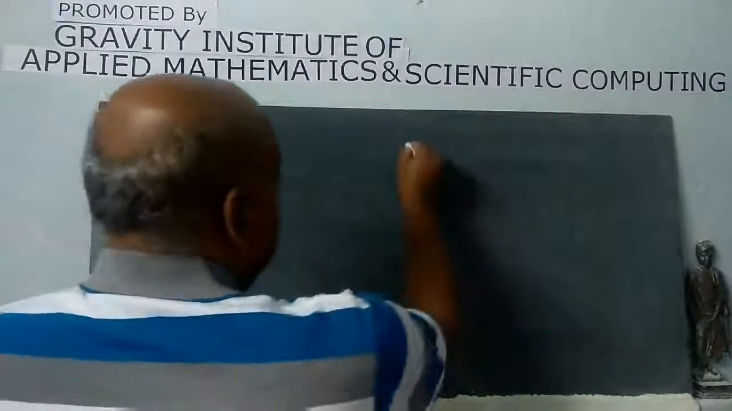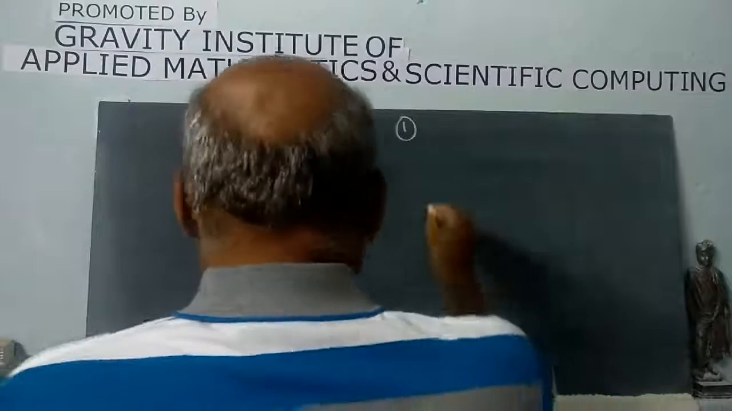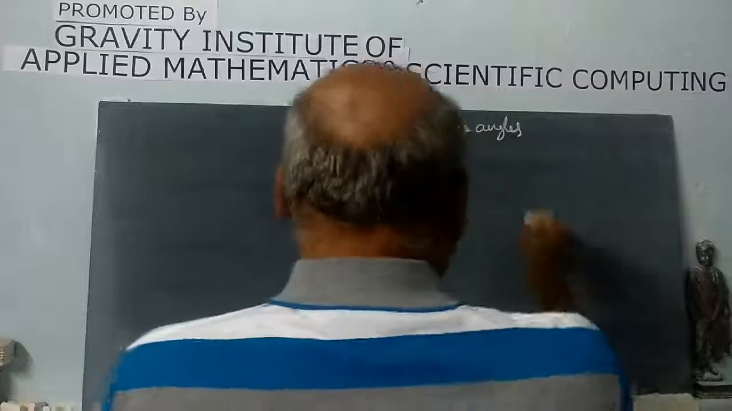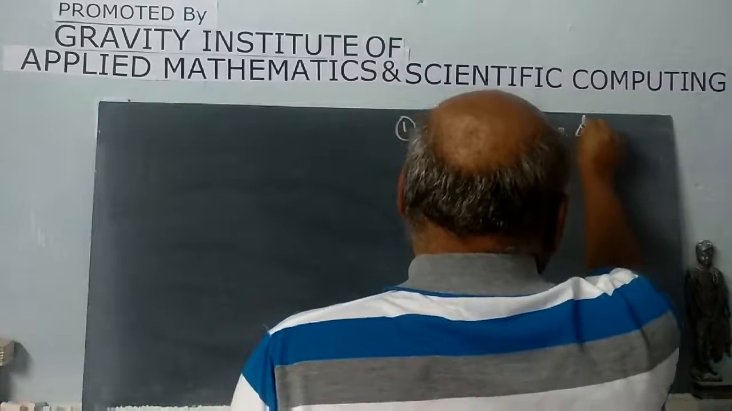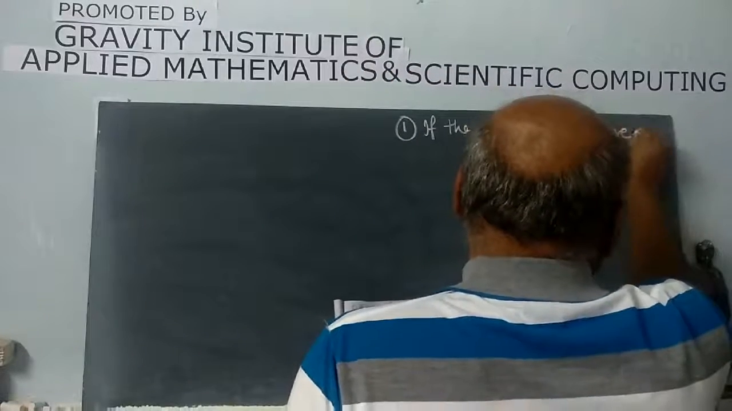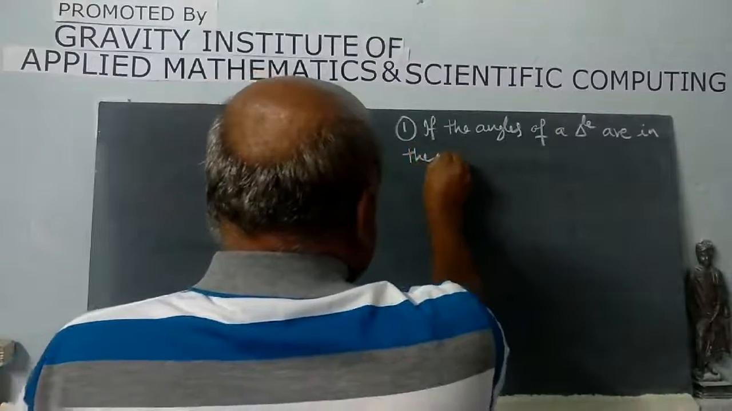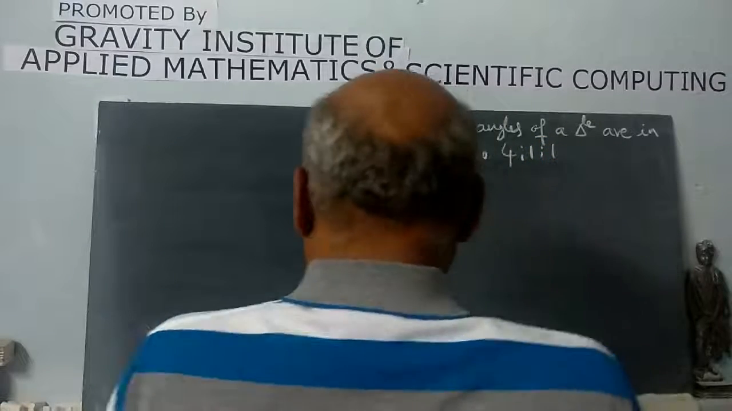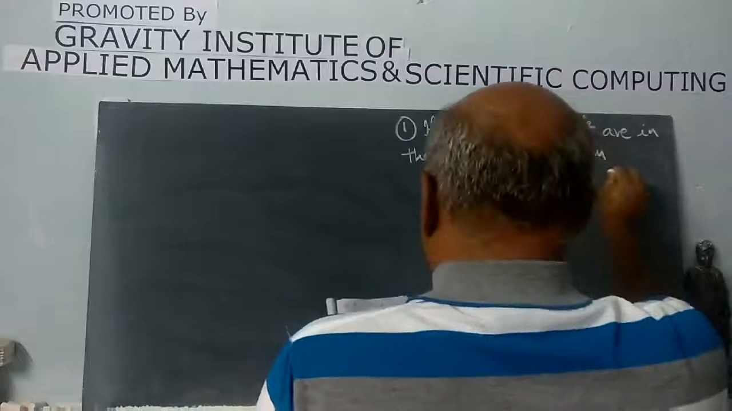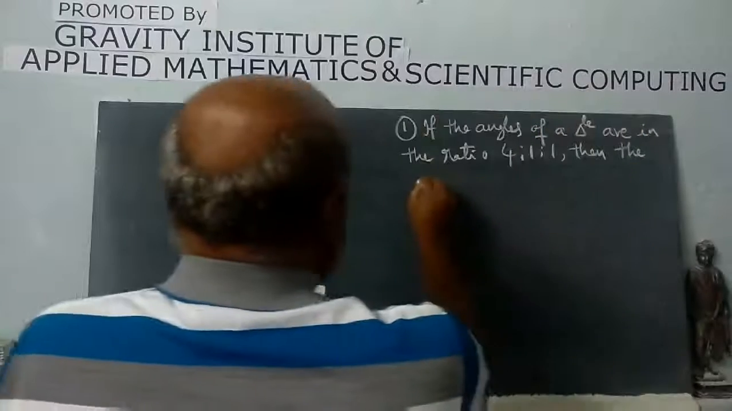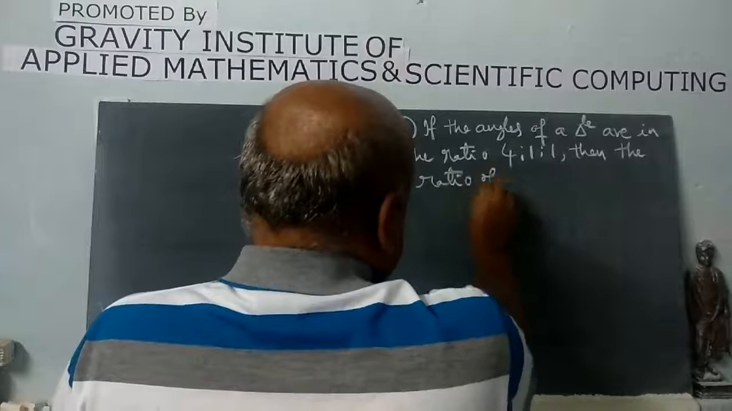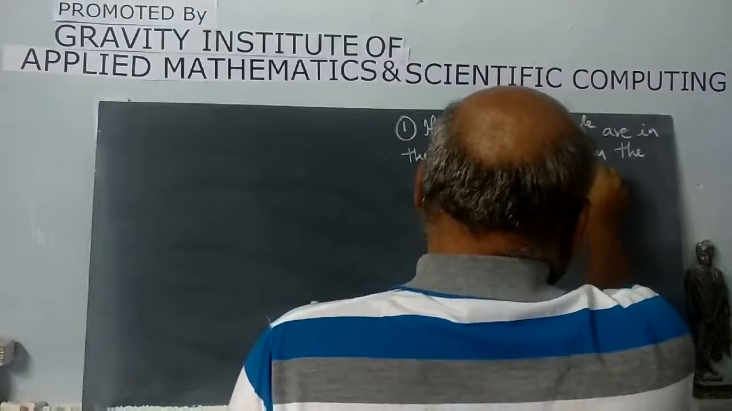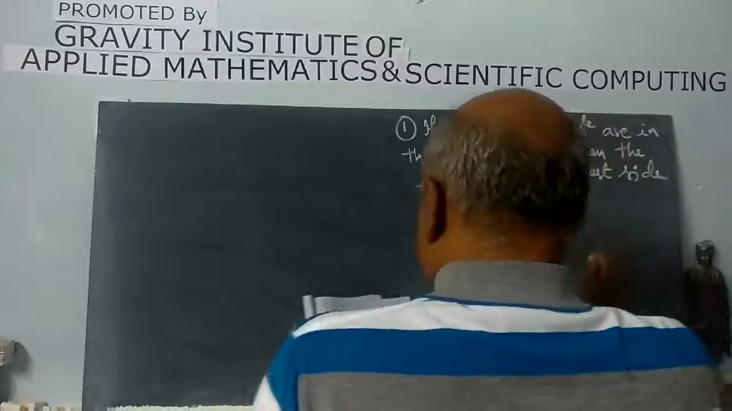The very first problem in this class is, if the angles of a triangle are in the ratio 4:1:1, then the ratio of the largest side, the longest side, or the largest side, to the perimeter is